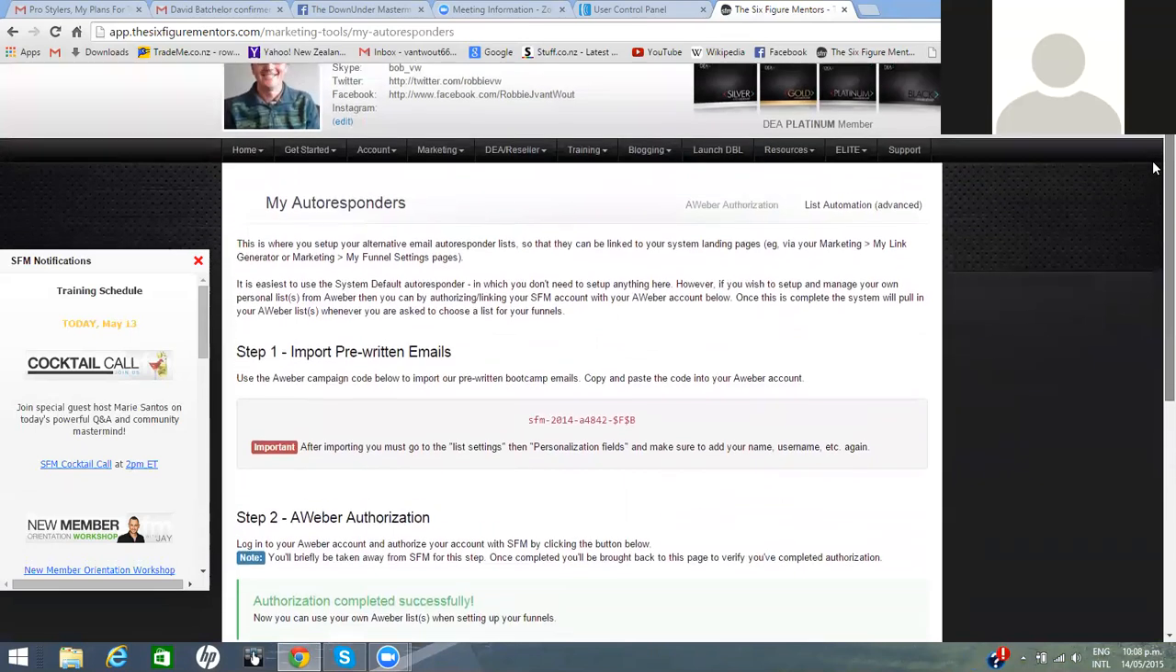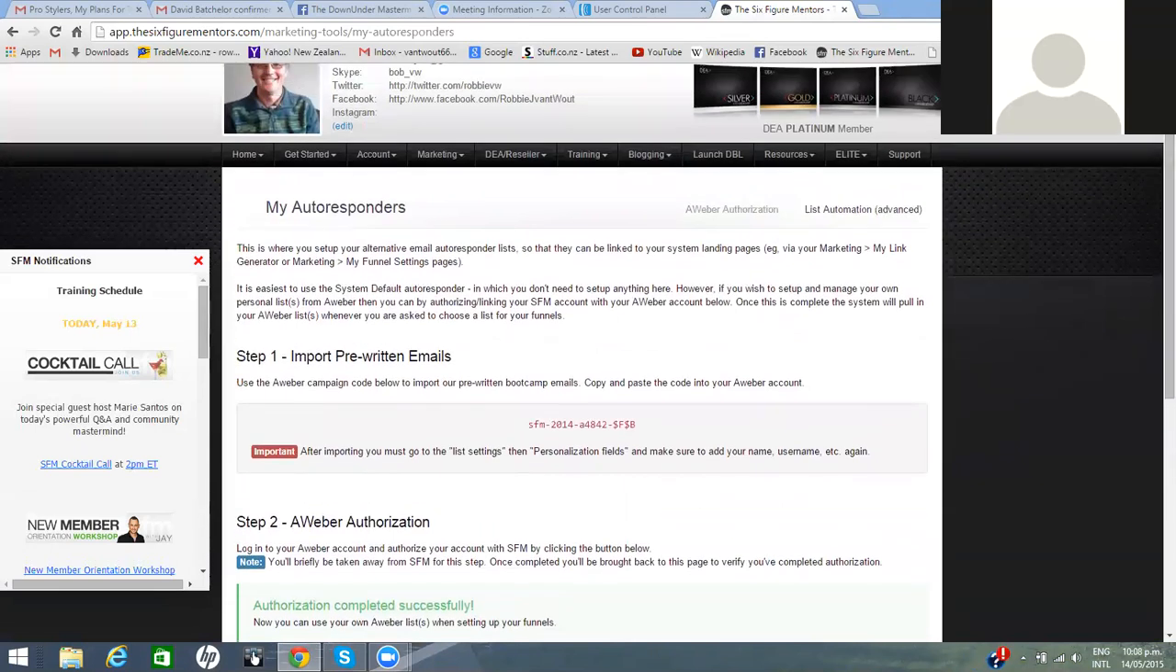let me see. Have you put your little code in? See how Robbie's got that SFM code there? Yes. That's for the campaign section. Have you done that? Yes, actually, I've done all of that. Right. So